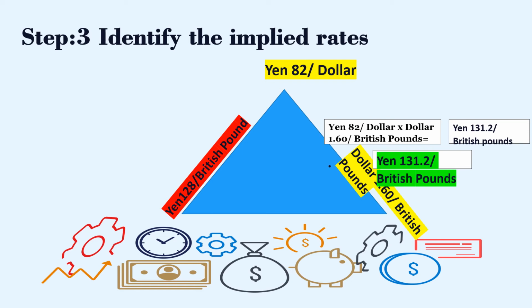So we have to compare the Bank C quotation with the implied rate. We get to know that the Bank C quotation is at a lower price than the implied rate, which we calculated from the Bank A and Bank B quotations, and we always prefer lower rates when we calculate arbitrage profit.